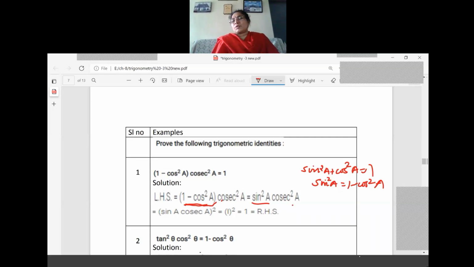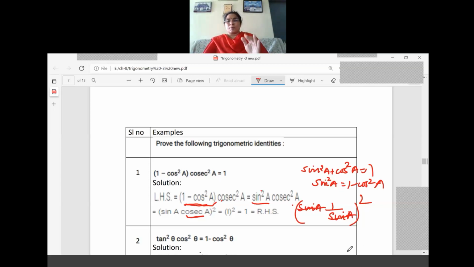Cosec. Sin and cosec have a reciprocal relation, right? So the square they have written first: sin A into cosec A whole square, because the square means it is like this, and this also we can write. Now instead of cosec A, what should I write? Sin A into 1 by sin A whole square, right? Instead of cosec A, I can write 1 by sin A. So sin A will get cancelled. What is the answer remaining there? 1 only. 1 square equal to RHS. Got the idea? So all the formulas have applications in this exercise.